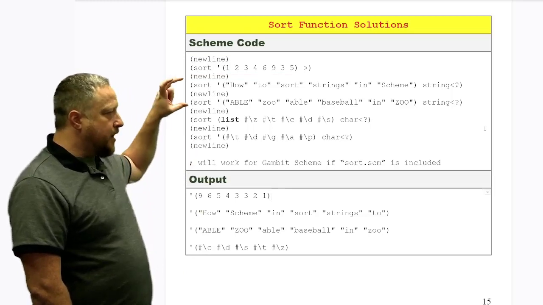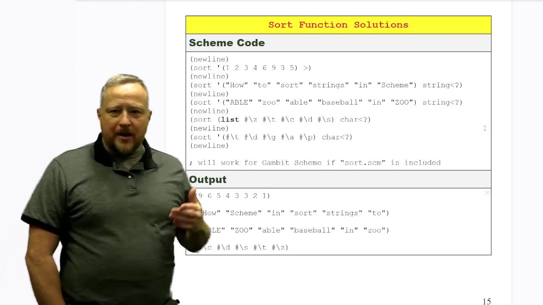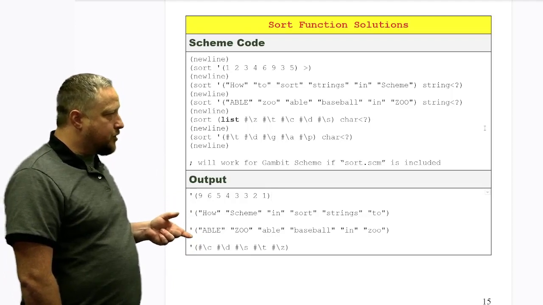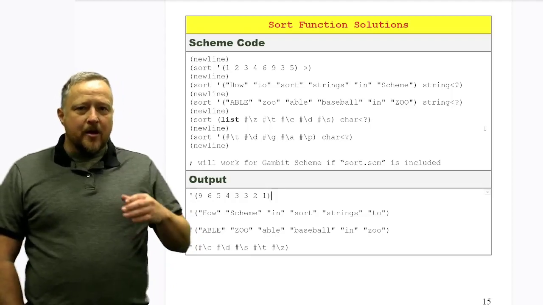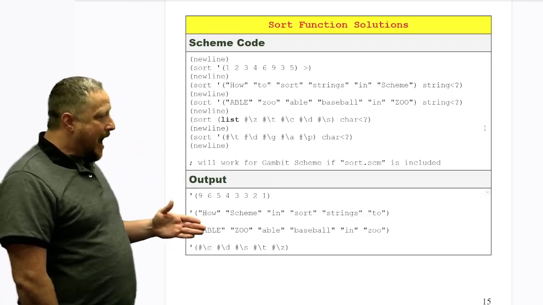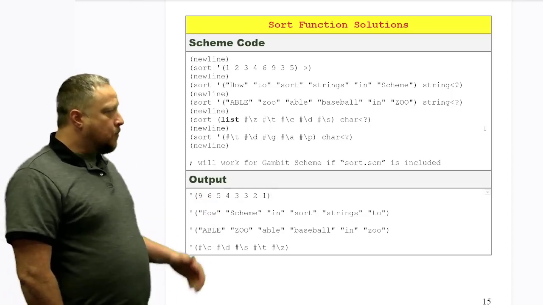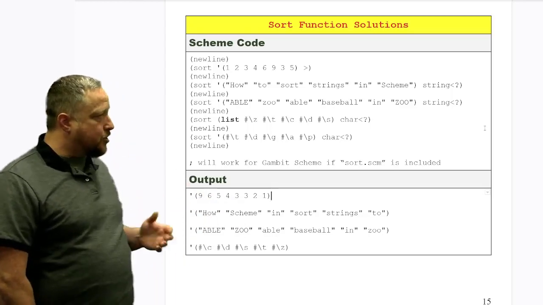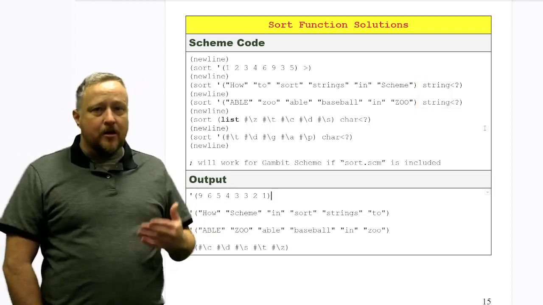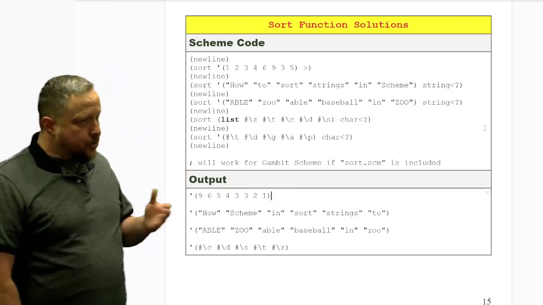But the next grouping is strings, and you'll notice that I really try to shuffle things up when it came to uppercase and lowercase strings. You'll notice that in the output, it's really going to do exactly what you expected. And remember, uppercase letters come first in the ASCII table, so that's why you see how and then scheme, and then you see the lowercase words after that. Also notice the function at the end of both of those is a string less than question mark. Again, that is our higher order function accepting another function to say, hey, this is how I want you to sort the strings by doing it in